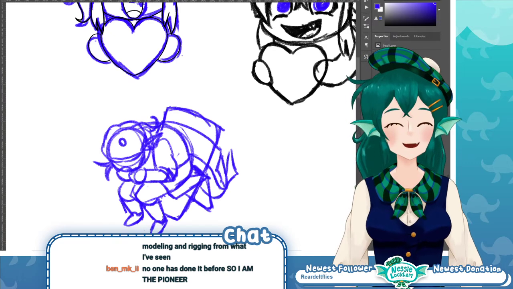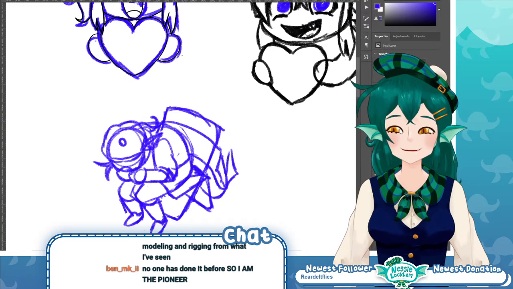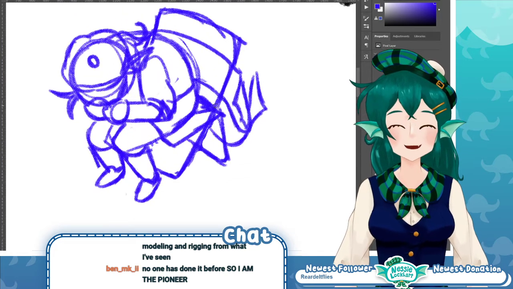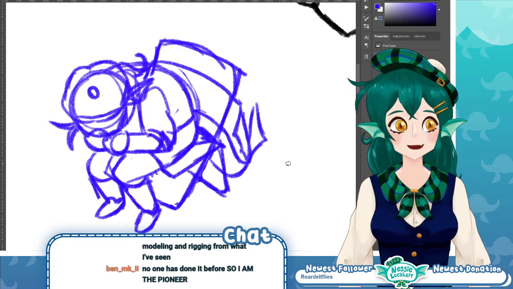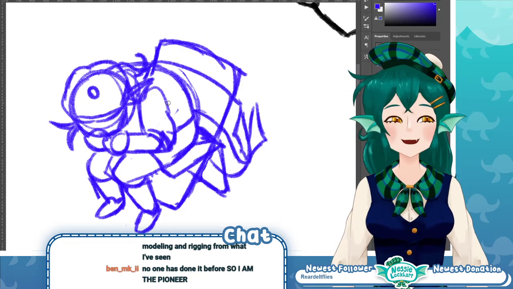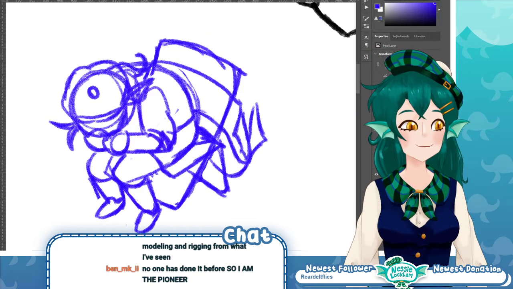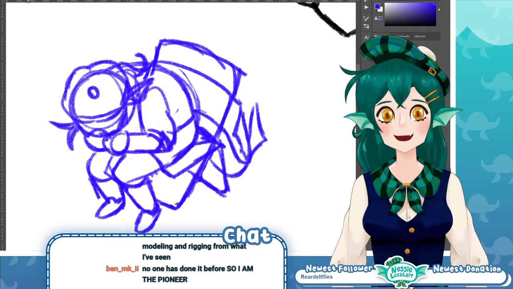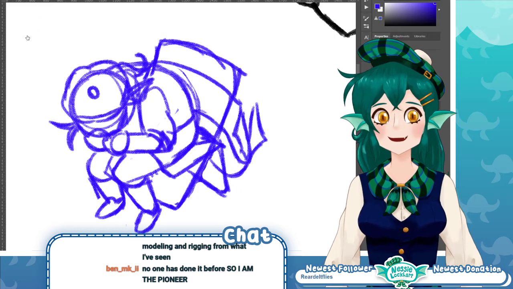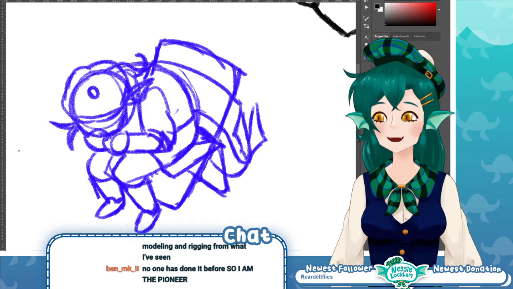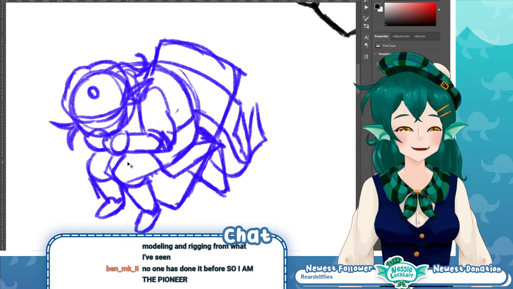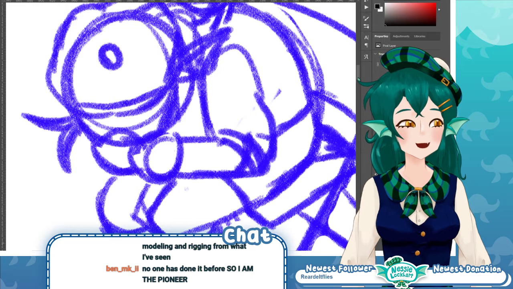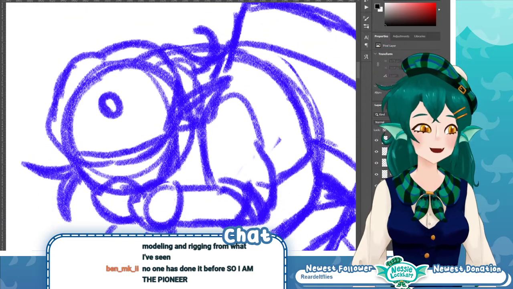For 3D modeling, I haven't seen it, at least not with English VTubers. I'm not too on top of the Japanese indie scene, because it's a little harder to keep track of. But yeah, that would be cool. But oh my god, that would take you a very long time. If you tried to commission a Gundam 3D model, that would cost without a doubt in the thousands if it was to be done well. Maybe at least over 1,000, I think.